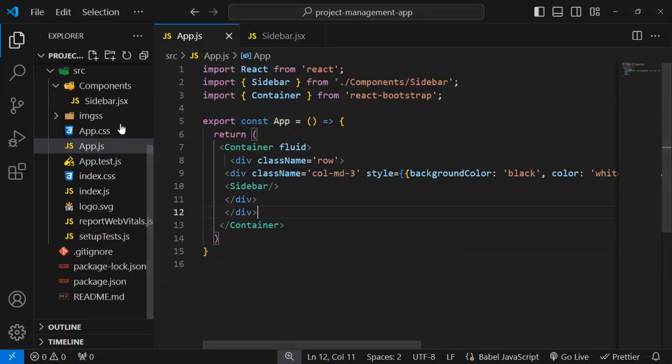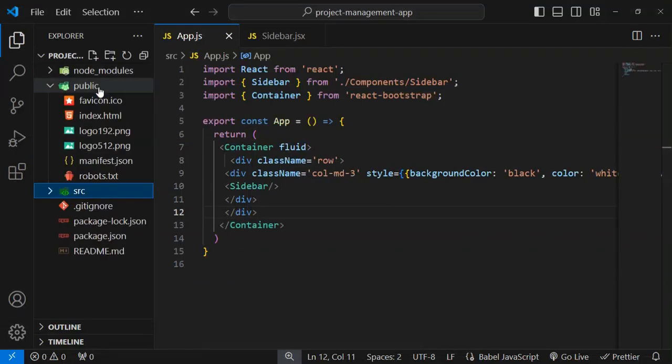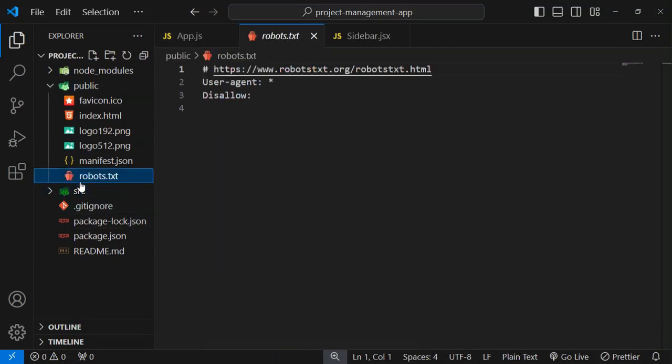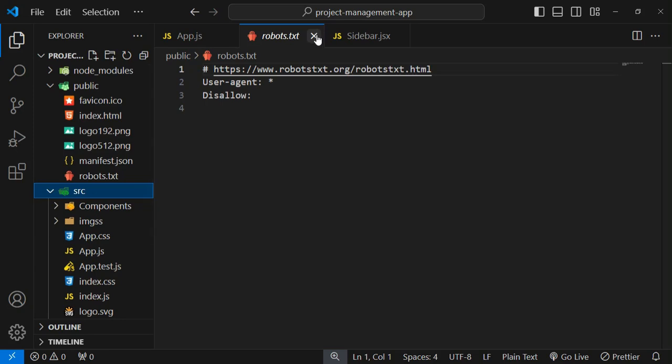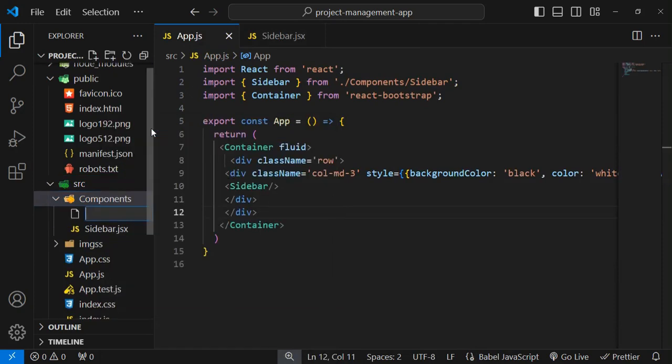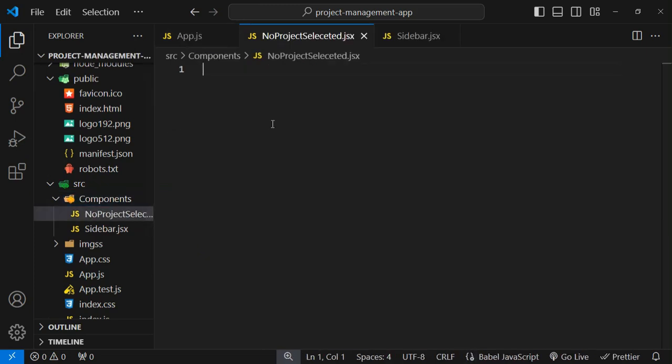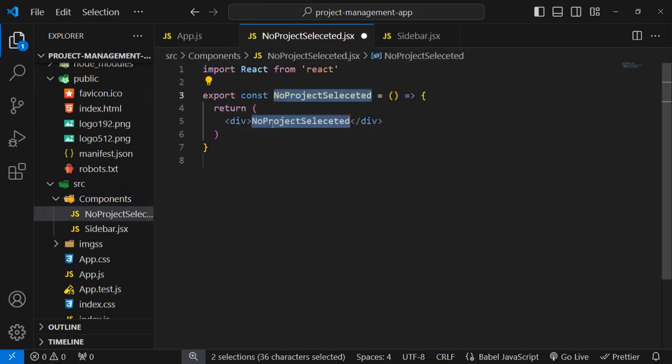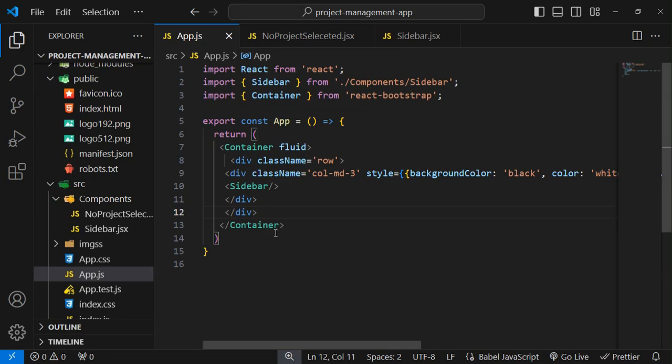So I am just taking here a new component. I have to remove it. So I am just naming it no project selected, NoProjectSelected.jsx, and here you have to type RAFC as well. Now just press Ctrl S, and here I'm just going to take,